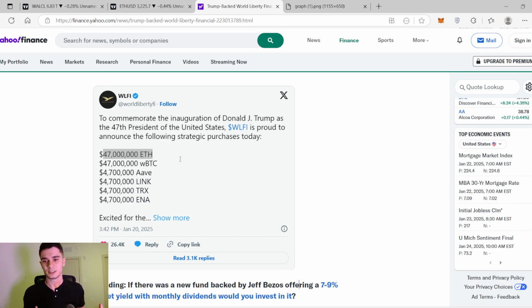So this same thing, that's what we call a digitalization of the asset. It's a digitalization of Bitcoin on the Ethereum blockchain. I know it might sound a little confusing, but you guys might research on your own if you want to know. But basically, one wrapped Bitcoin equals one Bitcoin. Okay, so they bought, oh, I'm so sorry, they bought $47 million worth of Bitcoin, and then they bought $4.7 million worth of Aave, and then the same amount of Link, the same amount of Tron, and the same amount of ENA. Okay, so this is where